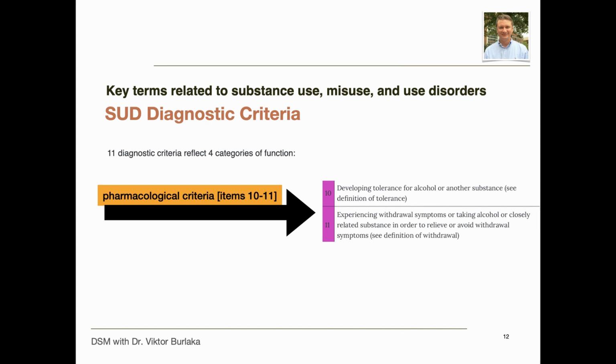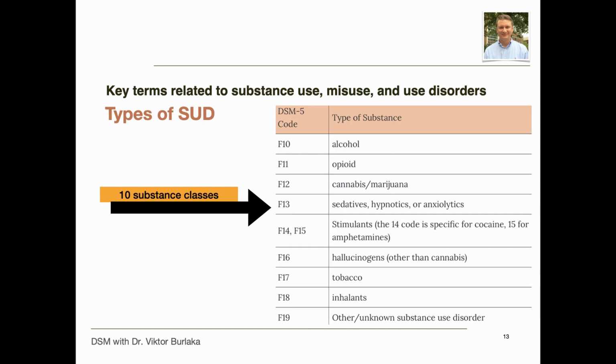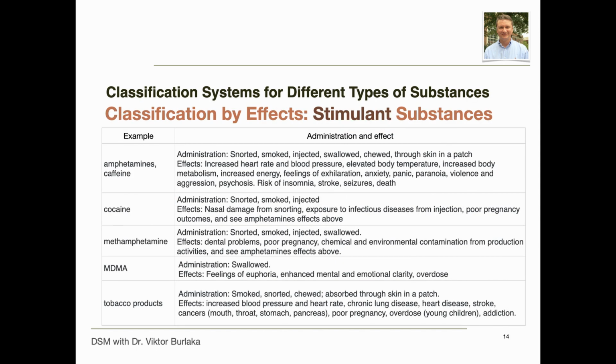Pharmacological criteria are the final grouping. Criteria 10 and 11 focus on the presence of tolerance and withdrawal symptoms. DSM focuses on 10 substance classes. We will talk about them in a minute. One way of organizing the very long list of psychoactive substances is in terms of their actions on the human